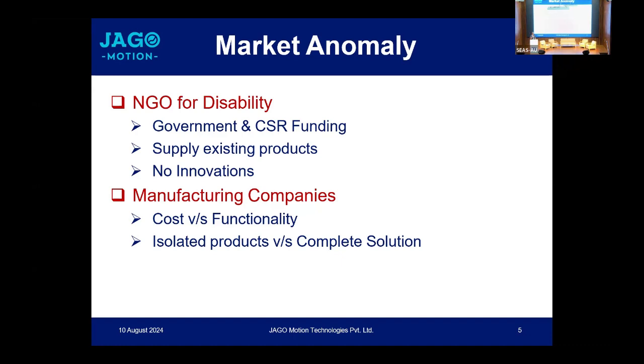So affordability versus functionality and cost is an equation that we need to work on, and a lot of innovation is required. Many of these NGOs import things and that causes the cost to go up. So there is scope for innovation. And I'm not talking just about prosthetics or a vehicle, I'm talking about every sector, like eyes, ears, every form of disability. There is a tremendous scope of innovation.